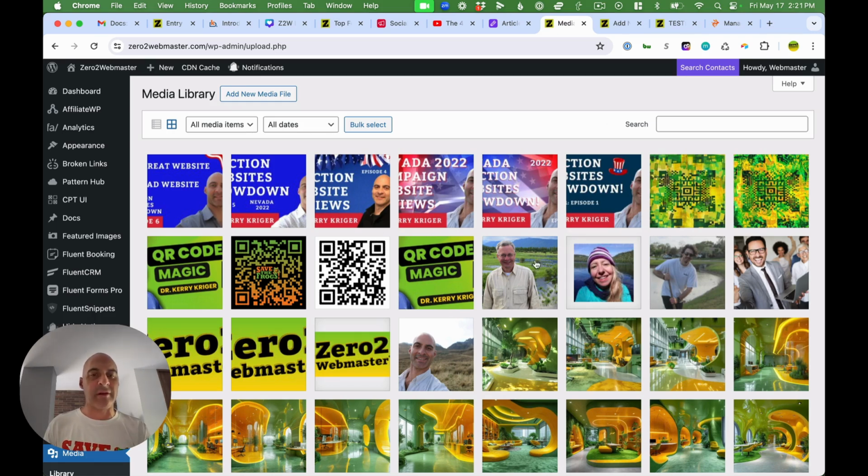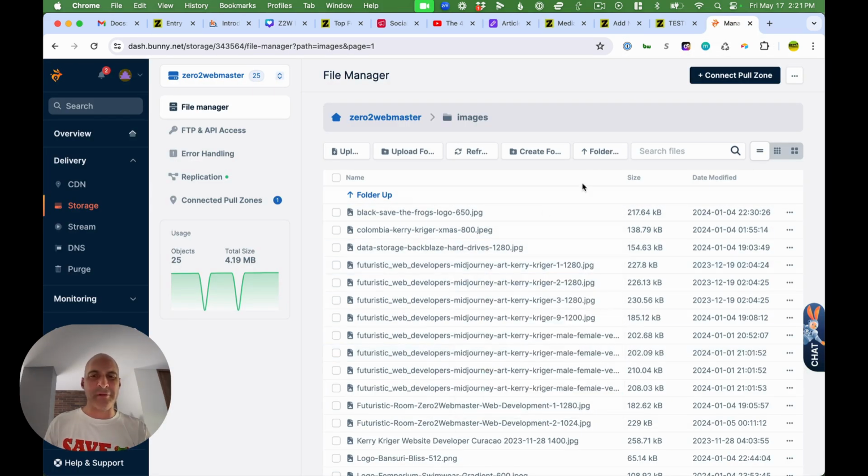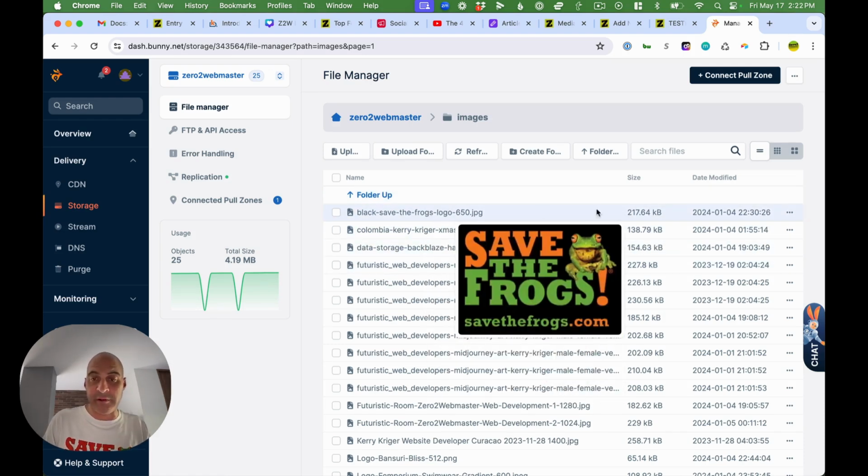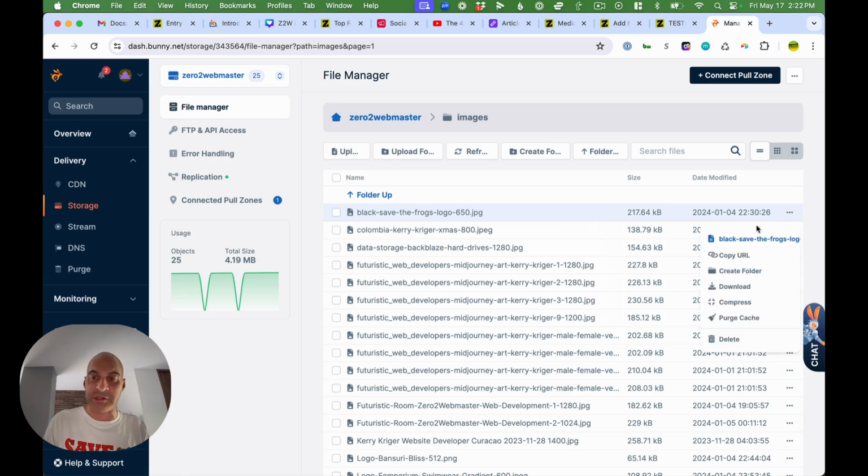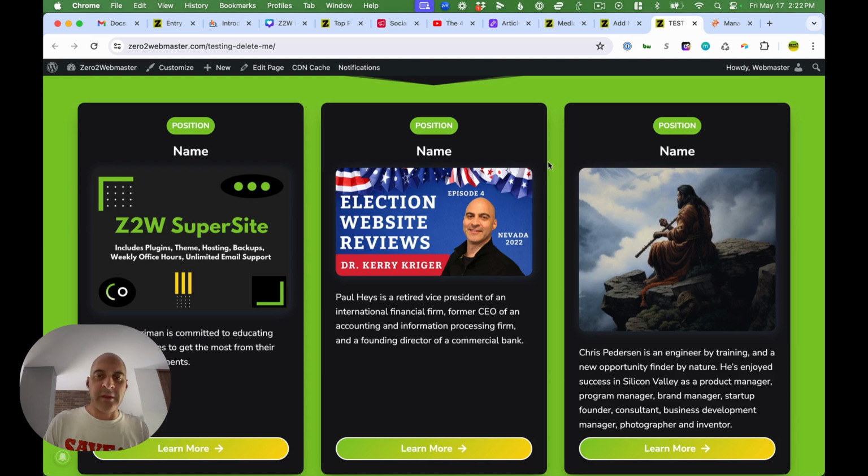It's easy to use, it's easy to look at, it's easy to search for images in there. Whereas the Bunny user interface is not a place I want to have to open up an external website every time I need to add an image, and then I don't like their search system. There's things about their UI I don't want to be hanging out there, so I don't do this, but you could. Some people do, and then they don't have any images on their site. There's the URL. So you just copy the URL, you come over here, and remember,